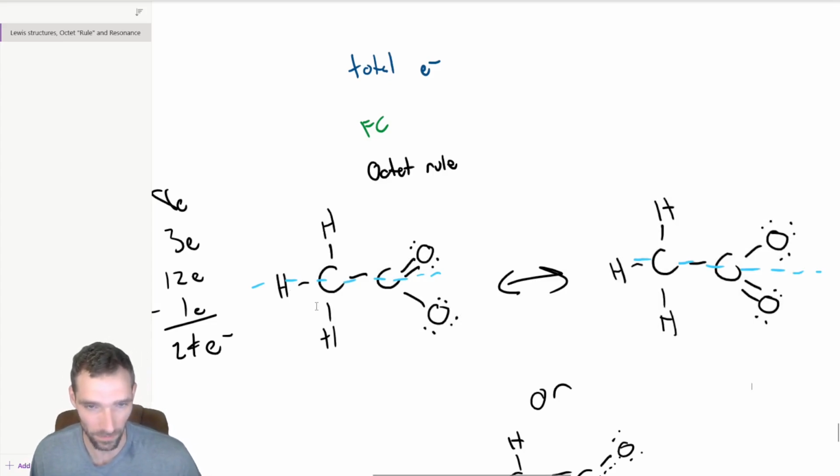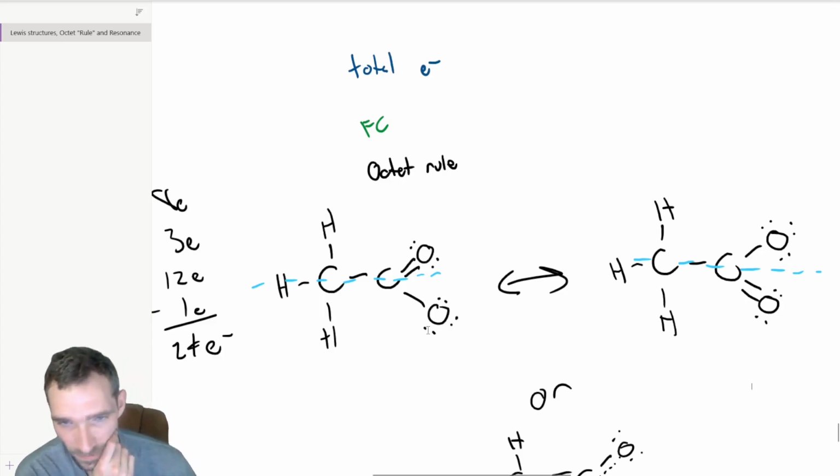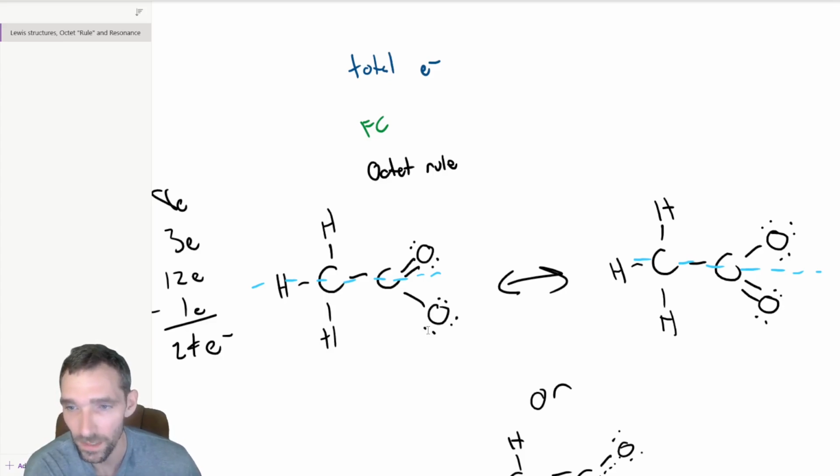You can see you've got 1, 2, 3, 4, 5, 6, 7 bonds, or 14 electrons there. And then we've got another 5 sets of lone pairs. That's 10 more electrons, so that adds up to 24. There are tons of different ways you can add these up, but it does look like we have 24 electrons in those drawings, so that's good. If you look at the formal charge on all of the atoms here, we've got zeros for most of them